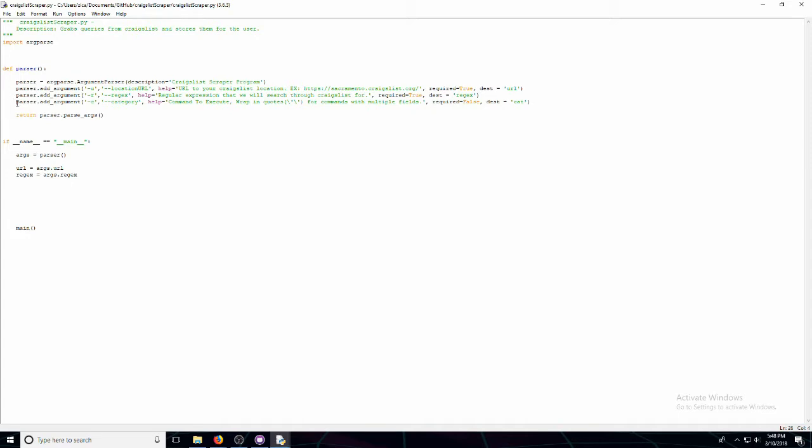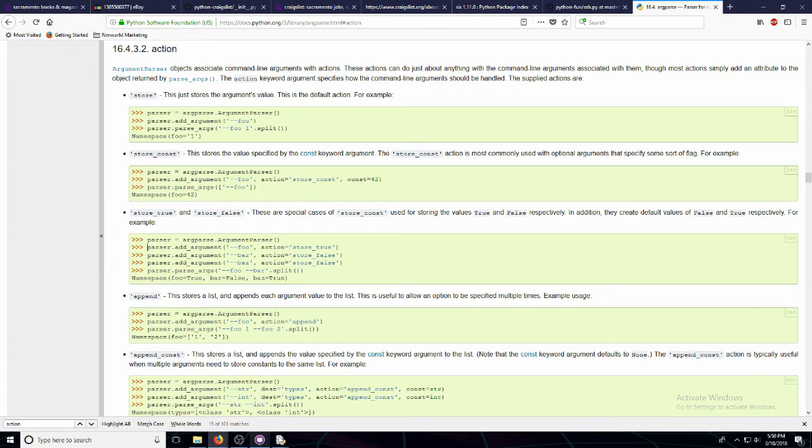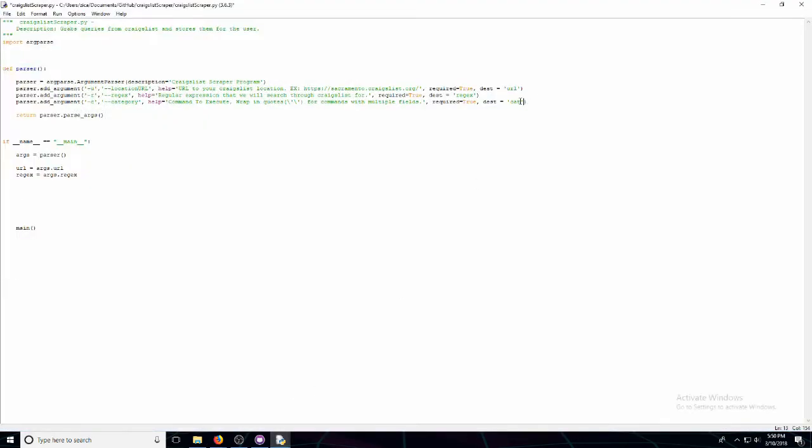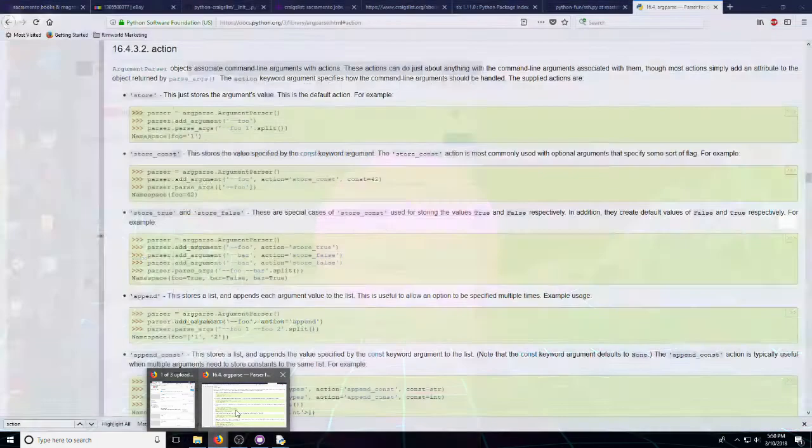Thinking how we want category to work here. Let's just make it true, and we'll have a store action. So what we can do here is, okay, required true, but action is equal to store_false. So what that'll do is it'll be like, okay,